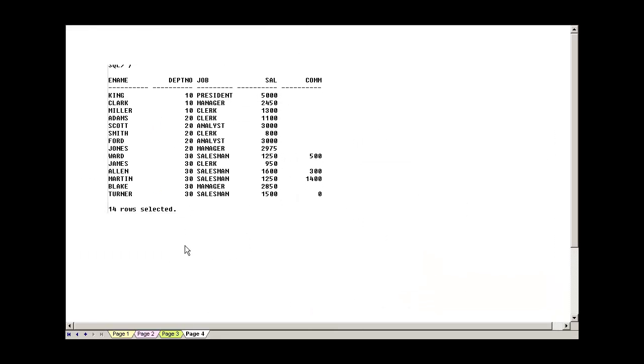Alright, okay, so whenever I did a group by department number, basically I made these three belong to the same category, that is department number 10. I made these five the same category of department number 20. So that means whenever I did group by department number, I am making a subset